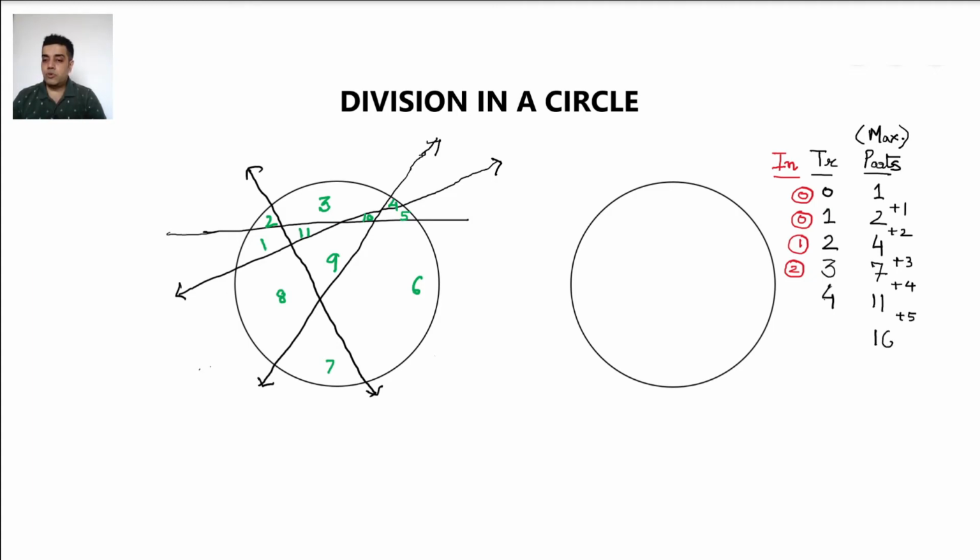So without even drawing the number of transversals, now I can observe and I can find it out, which takes this session to its final stage, which is formulating out of this discussion. So if I take the number of transversals as T, and the maximum number of parts that would be given rise to from T here would be, what is the sum for first n natural numbers, T into T plus 1 divided by 2.